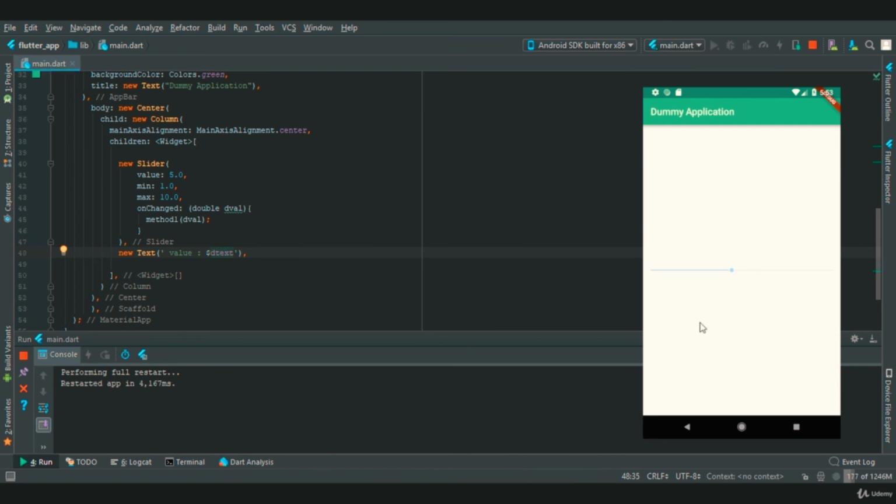After performing full restart, you can see that our slider has been provided the value, but why is the slider not moving? Because here we have not provided the text. Now let's restart our app again.